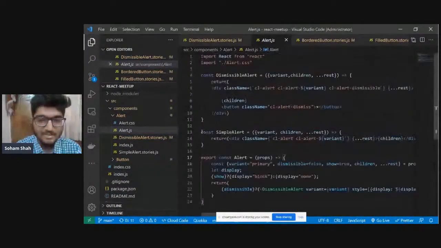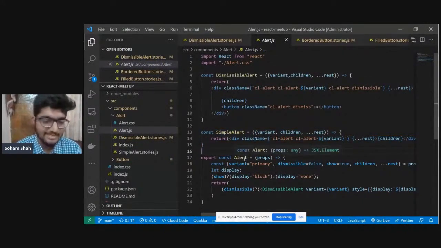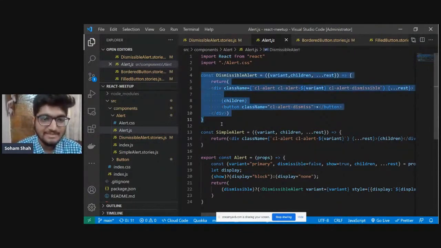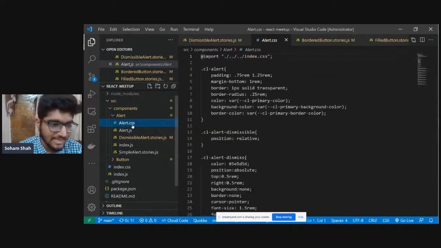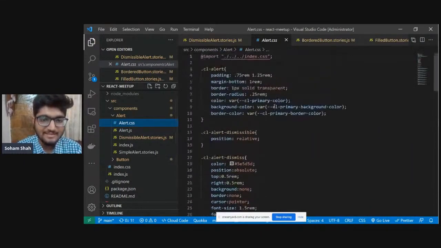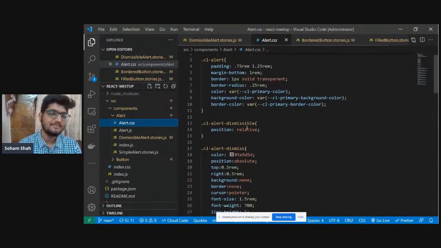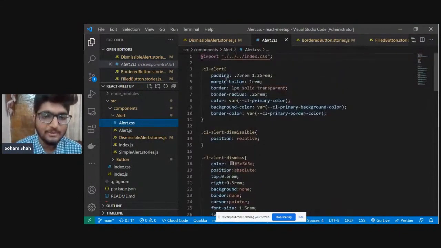If dismissible is false, then we render the simple alert, and if dismissible is true, which is passed by the user as a prop and which we destructure here, then it will take this component. We also have the CSS styles here, and that is coming from this CSS. I guess we might not want to look into exactly the CSS, because that is not what this is about.